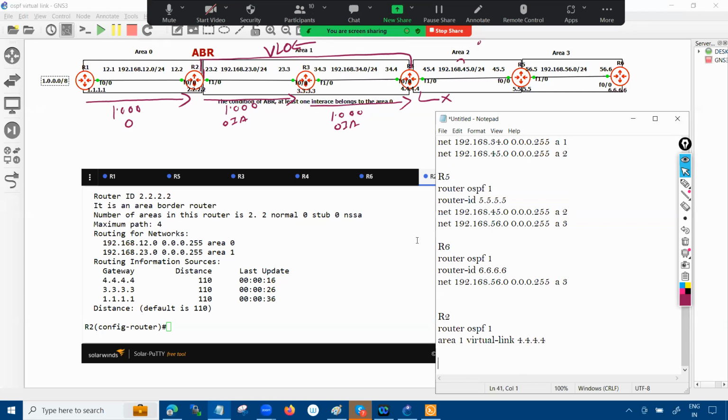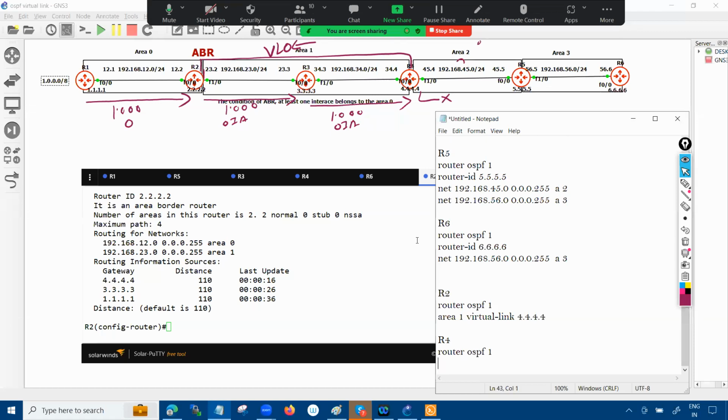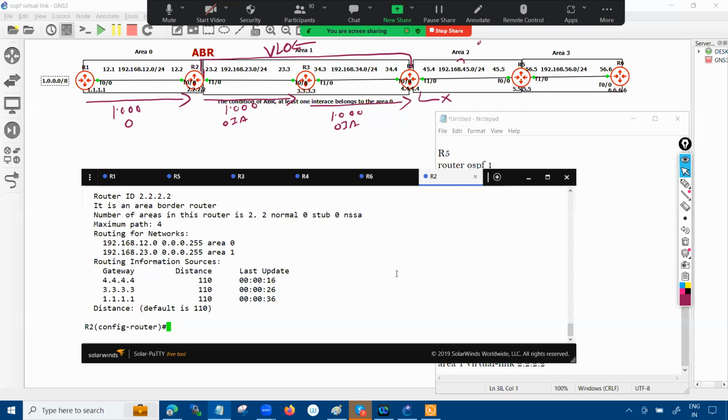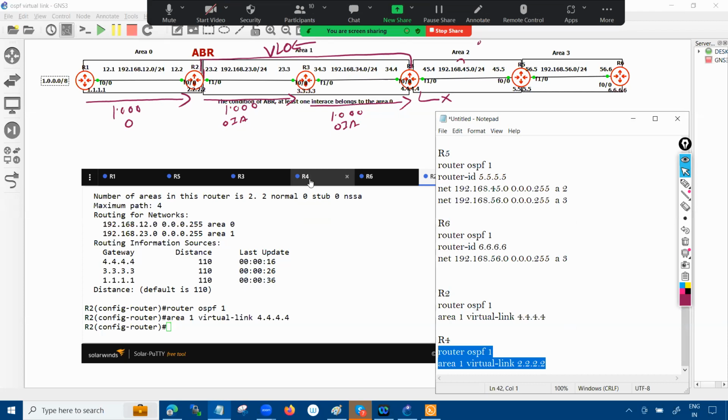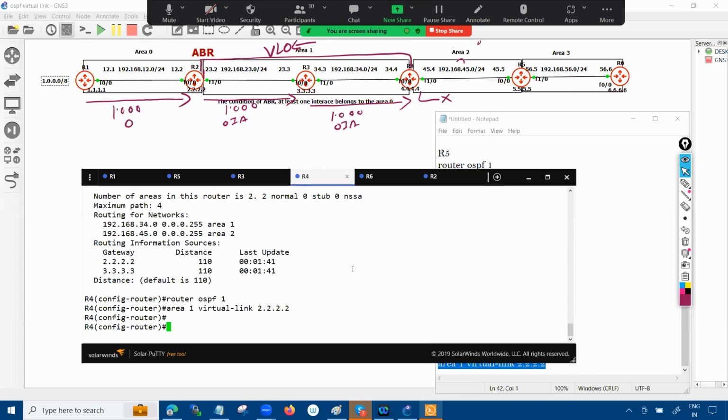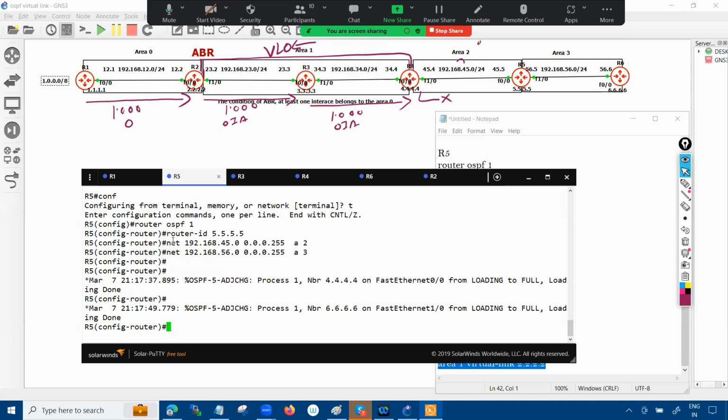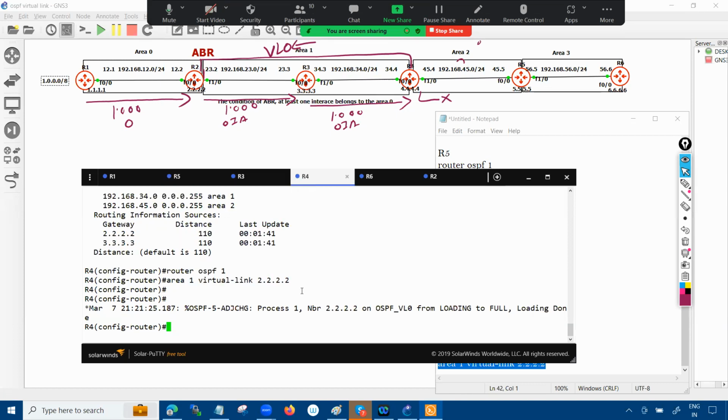On router 4, the same command: router ospf 1, through area number 1, I'm going to create the virtual link. This is the logical path with 2.2.2.2. That's all. All done. So previously R4 was not an ABR and R5 was not receiving the route, right? Now if you do show ip protocol on R4,